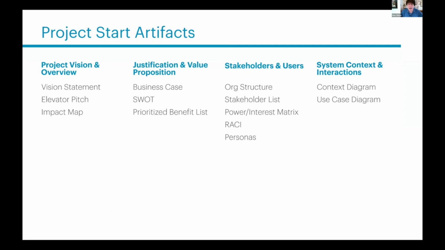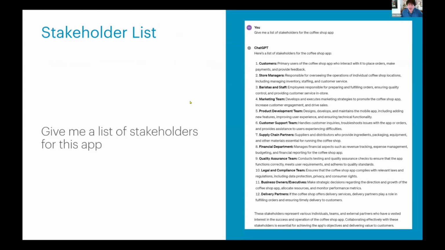what kinds of artifacts? Well, this list is just taken from the BA body of knowledge. Here are some of the kinds of things you can do, right? And so, for example, you might want to say, give me a list of stakeholders. Now, the interesting thing about this is, where does the agent get this information from?